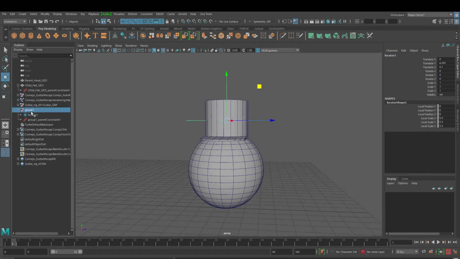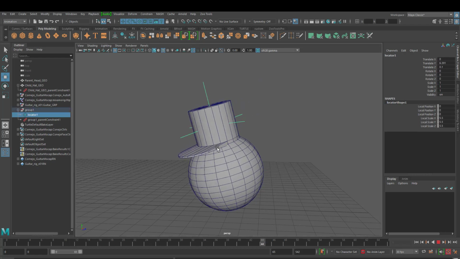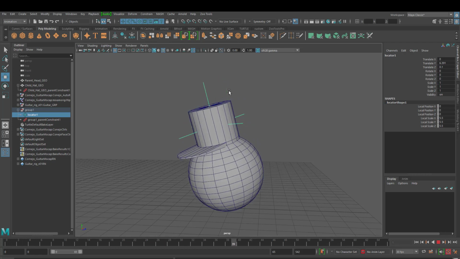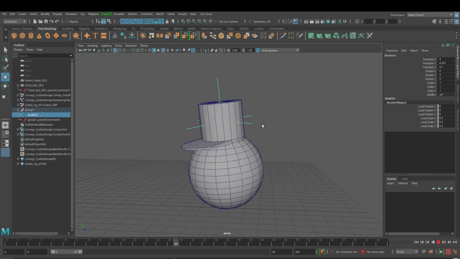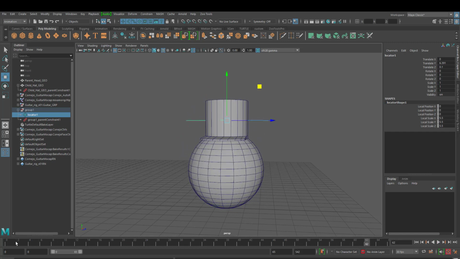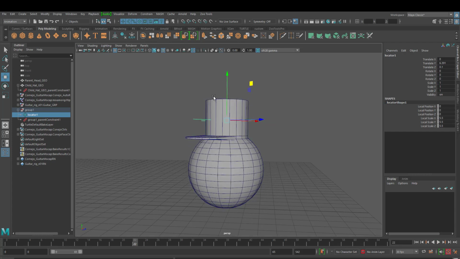Remember these two guys? So if I select the locator, the locator can still run around. This is a child. Remember, we're talking about parent and child here. The kid can go get on the swing, get on the slide, run around, but it's only going to move when the parent moves. So it's moving right now because it's constrained to the head, so the child is moving with it. But now I can come in here,